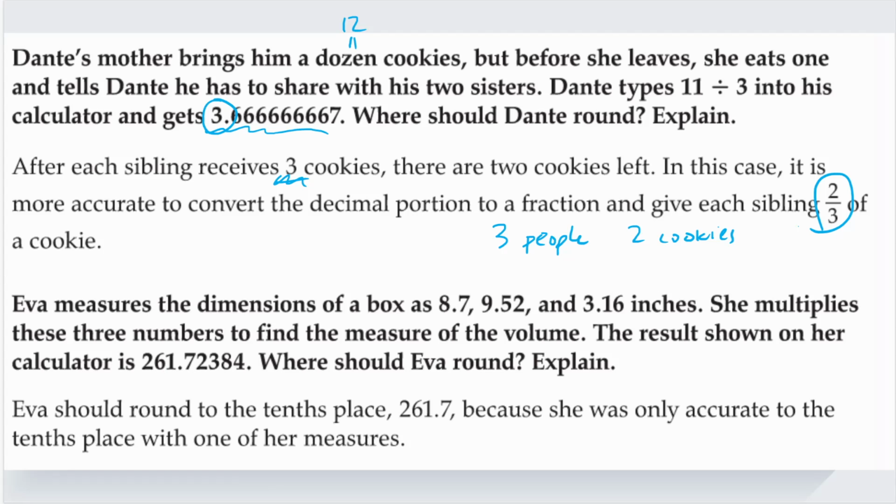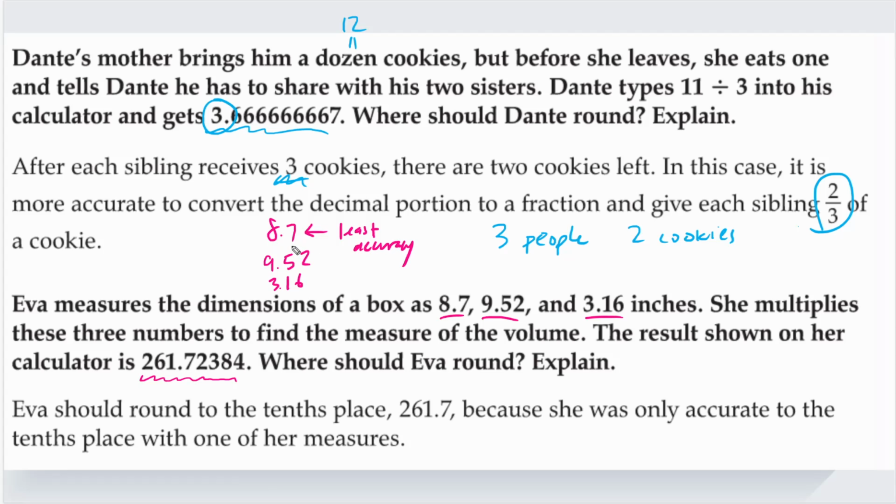Ava measures the dimensions of a box at 8.7, 9.52, and 3.16 inches. She multiplies these 3 numbers to find the volume of this box. The results shown on her calculator say 261.72384. Where should Ava round? Well, this is a significant figure question. I don't know if you've learned this before, but you have these 3 numbers, 8.7, 9.52, and 3.16. You have the number with the least accuracy